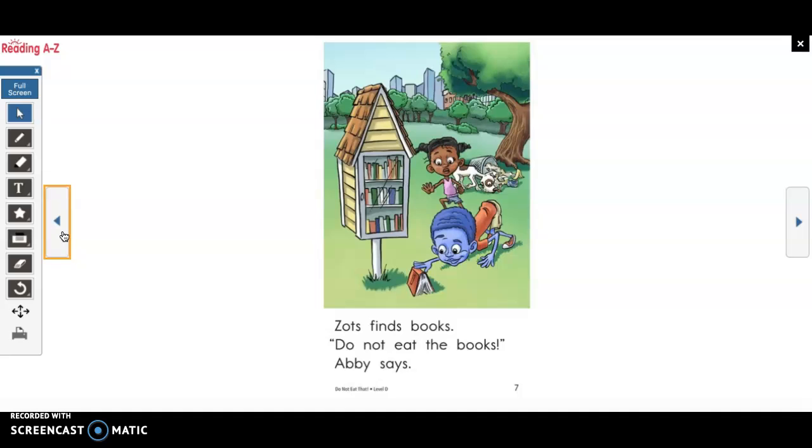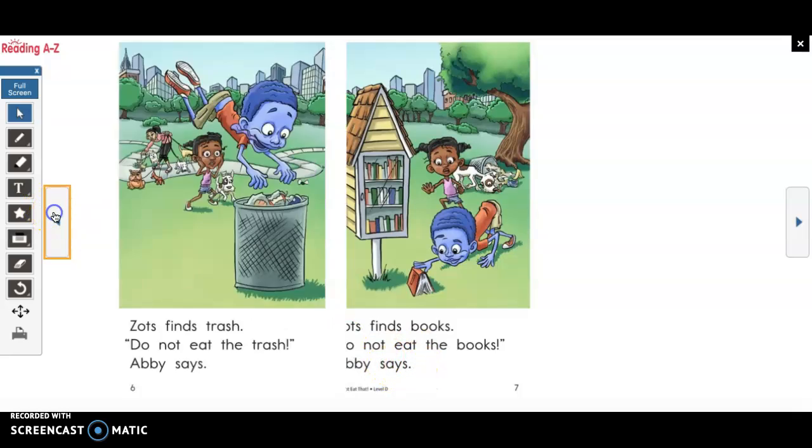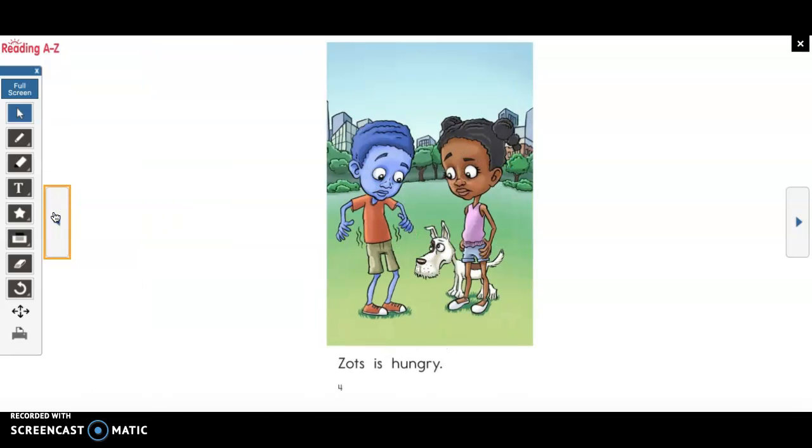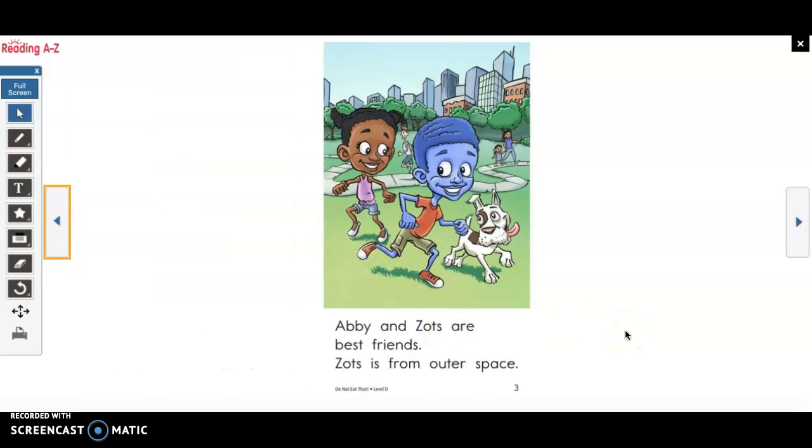There's also words that repeat throughout the whole story. Finds, says. So you can take your letter tiles and build different words from our story and show your adult how we build sight words and how we change our words, and show them what we do when you are at my table.